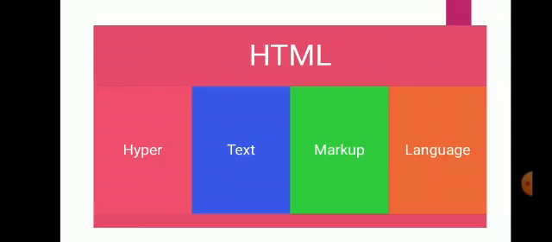Okay. The difference is that HTML is not a programming language, it is a markup language. So what is the difference between a markup language and a programming language? A programming language we use to perform tasks on a website, and a markup language is used to design the layout of the web page, meaning the appearance of that web page. For that we use a markup language.